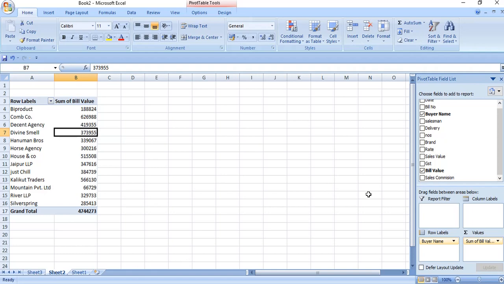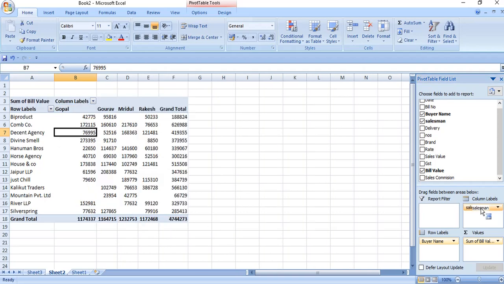Let's say I want to get the performance of our salesmen. So I have chosen salesman and placed it in the column labels window. Now I have a salesman-wise detailed report for our sales. In a similar manner, clicking on any of the fields, we can have the summarized report.